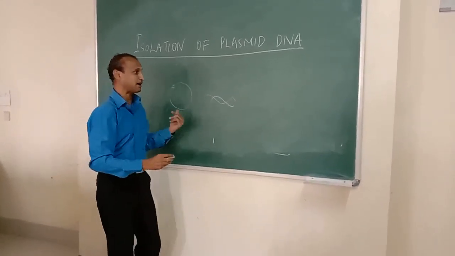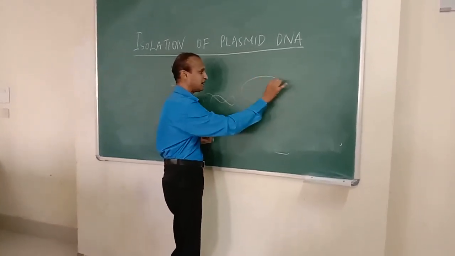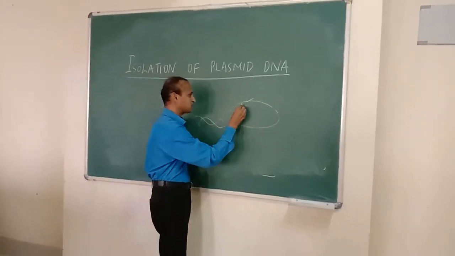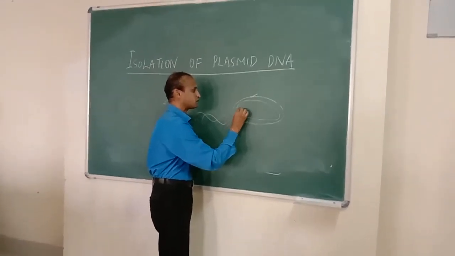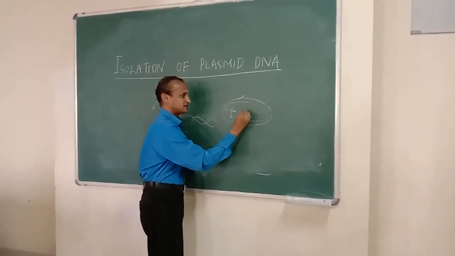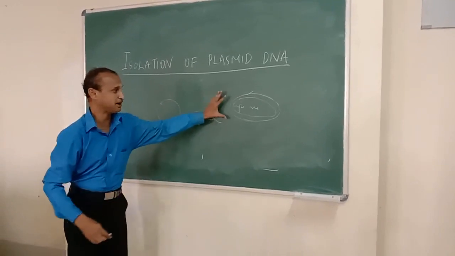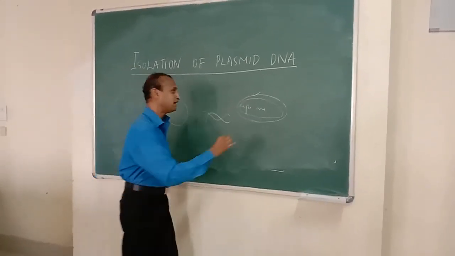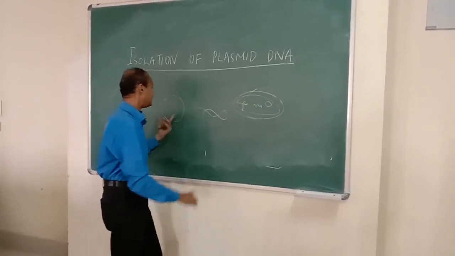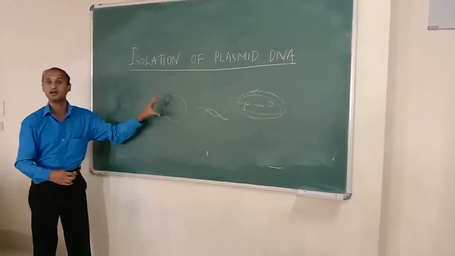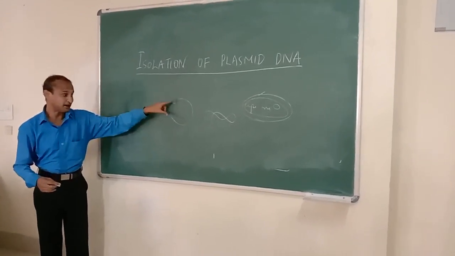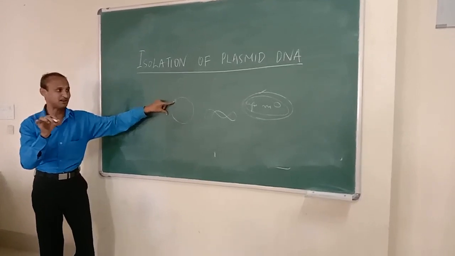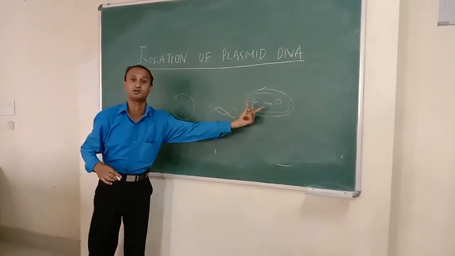If you see the ultrastructure of bacteria, the first component present is the cell wall, then comes the cell membrane, then the cytoplasmic protein, then the nucleic acid. In some organisms, apart from the genomic or chromosomal DNA, there will be extra chromosomal entities. Those extra chromosomal entities are called plasmids. As I told you, they have specific genes which give specific properties to that organism, which may not be present in the chromosomal DNA.